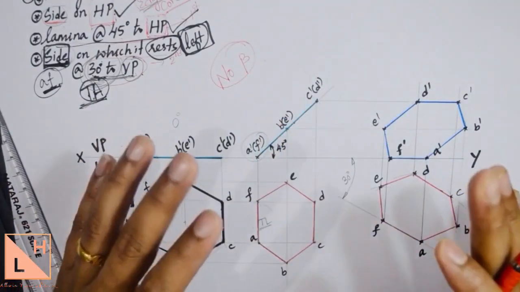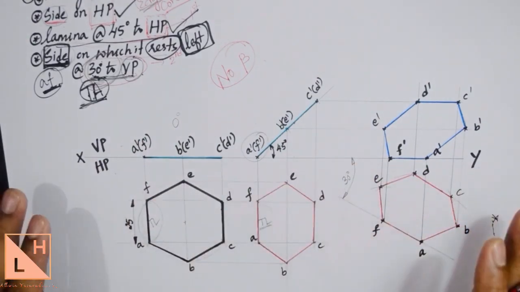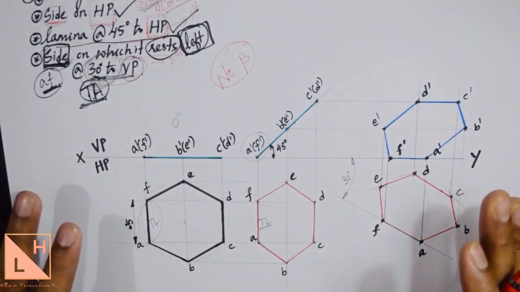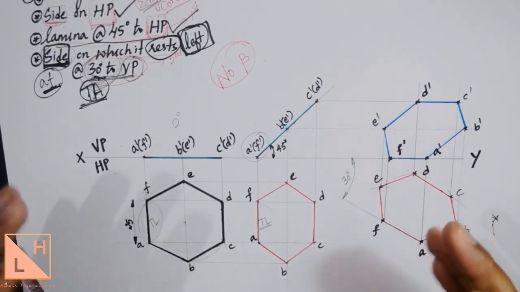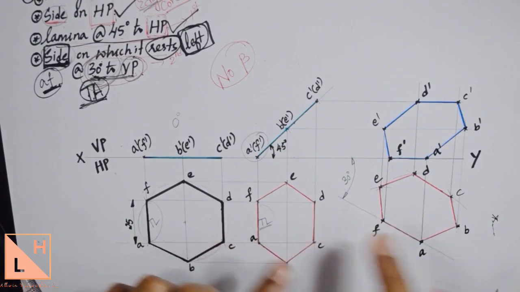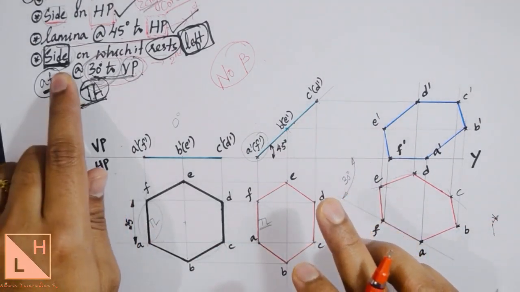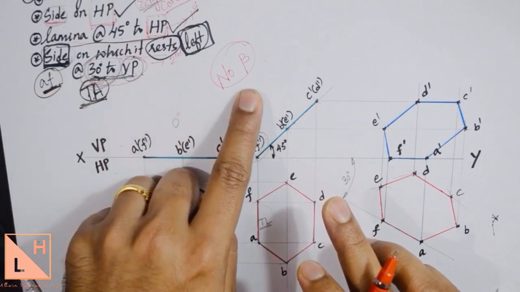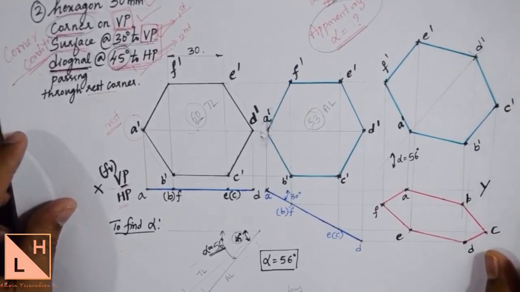We have solved 3 problems throughout in this video. This is the third one where you have no beta angle. This is one type of problem which you will find even in pentagon, triangle, even in square. The problem repeats, only thing is that the shape will differ. So this is one type of problem where if the side or edge inclination is given, you will not have any beta angle.